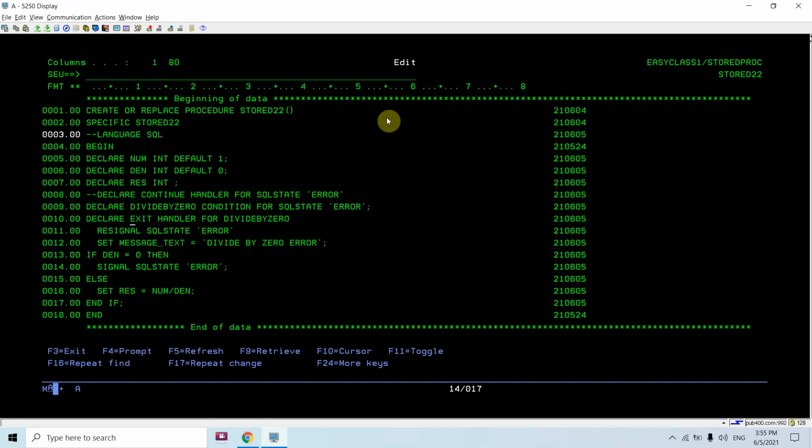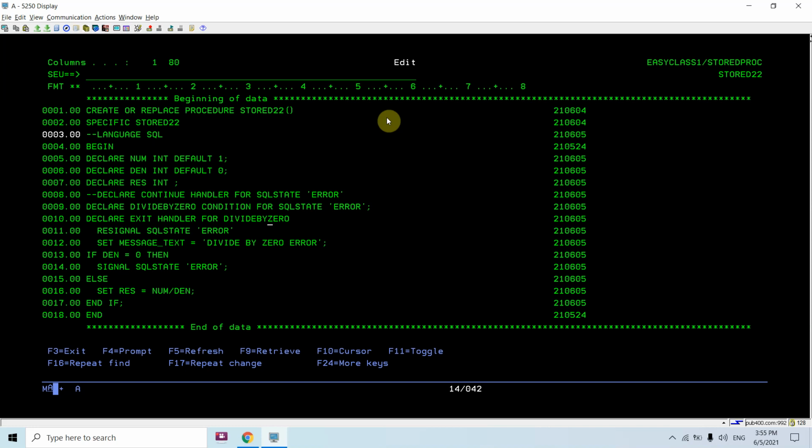Now you can see I have declared the condition handler here for handling a condition if it occurs. I am using the exit handler for now. If I want, I can use the continue handler as well, but I'm using the exit handler. So declare exit handler for divide by 0.